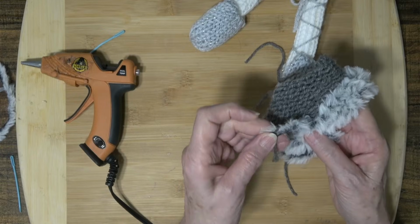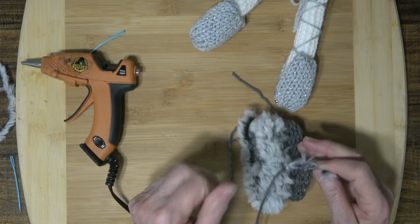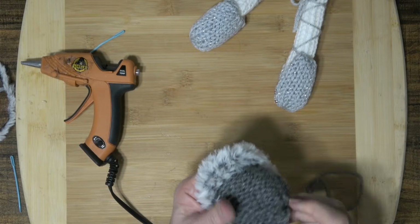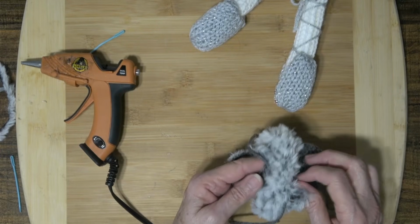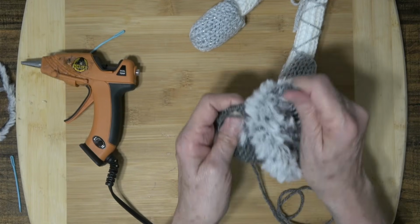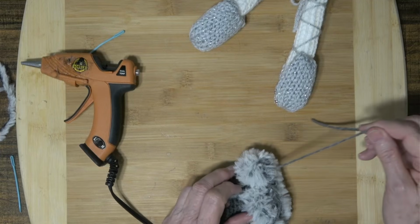Make sure that you have good knots where you tied your 4-ply to your fur yarn. I triple knot mine. So this is the end that's going to go up against the body. I'm going to close it like a beanie. This is the wrong side. This is the right side, and that's why the fur is out. That is going to be the part of the tail that shows. So make sure you've got a good knot. And here's the one that we can pull that shut with